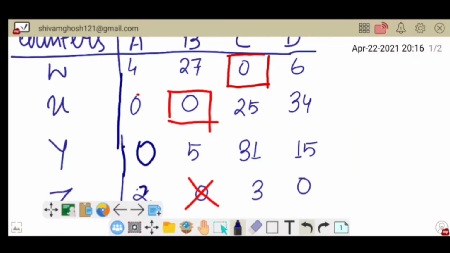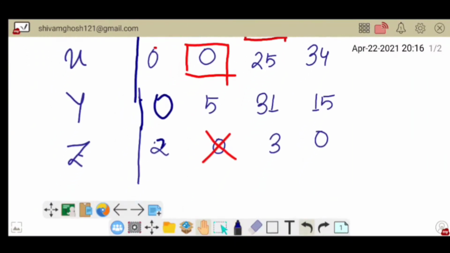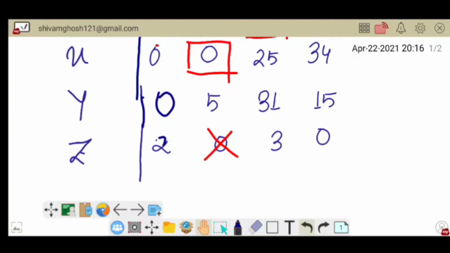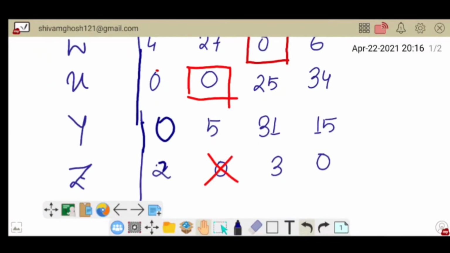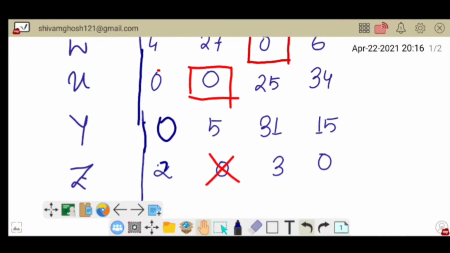Okay, and in counter Y, we can see there are not many choices to select 0, so we have to select this 0 and delete the corresponding 0 in the column.